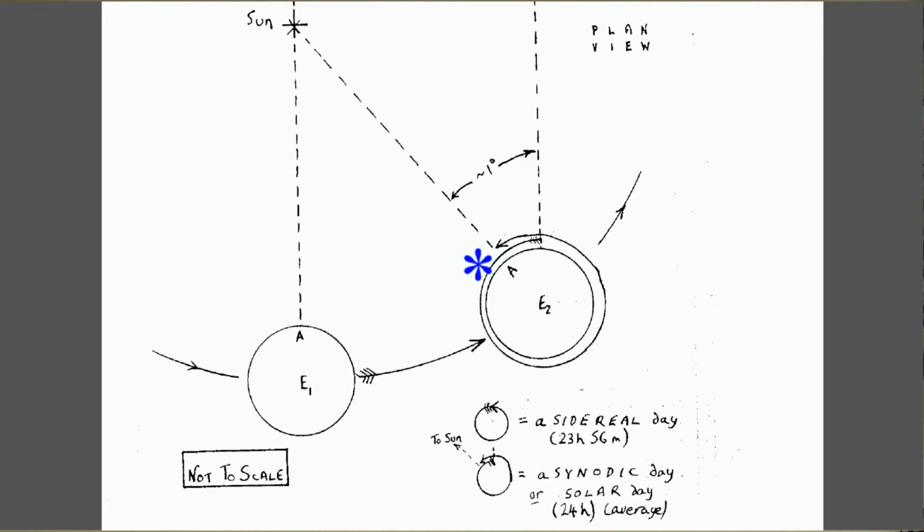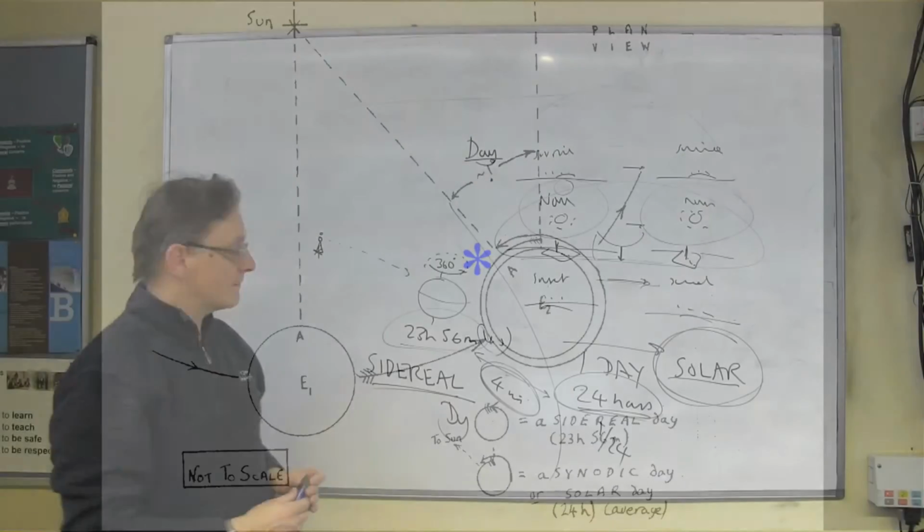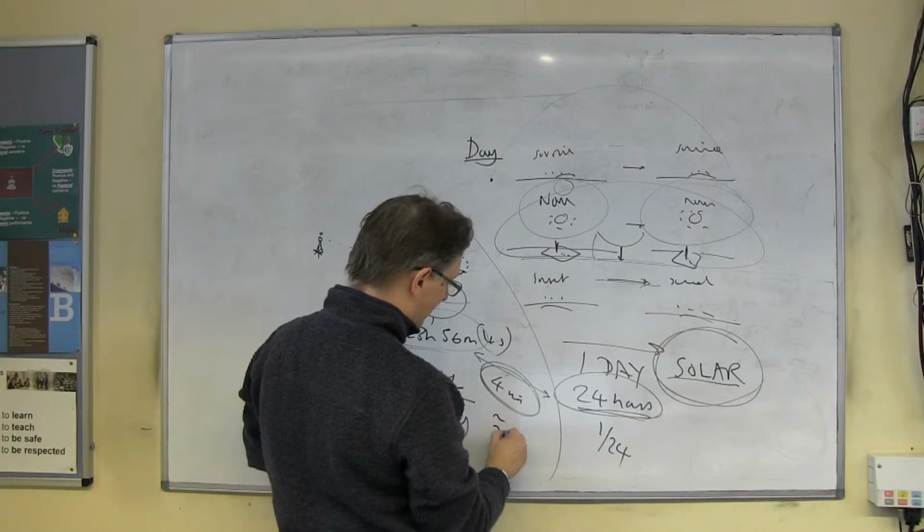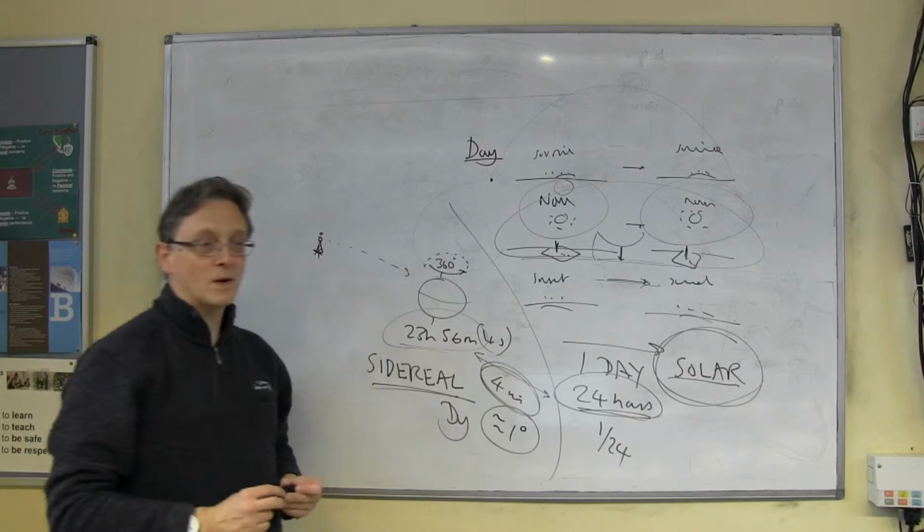Not 360 degrees, because 360 degrees won't get the sun back to the same place in the sky. Imagine this little person with the sun overhead, if they just do a 360, then now, because the Earth has moved around its orbit, the sun is no longer at its highest point. You've got to wait another 4 minutes to get the sun overhead. Okay? So hopefully this diagram shows you why there's a 4-minute difference. The Earth takes about 4 minutes to turn through 1 more degree.